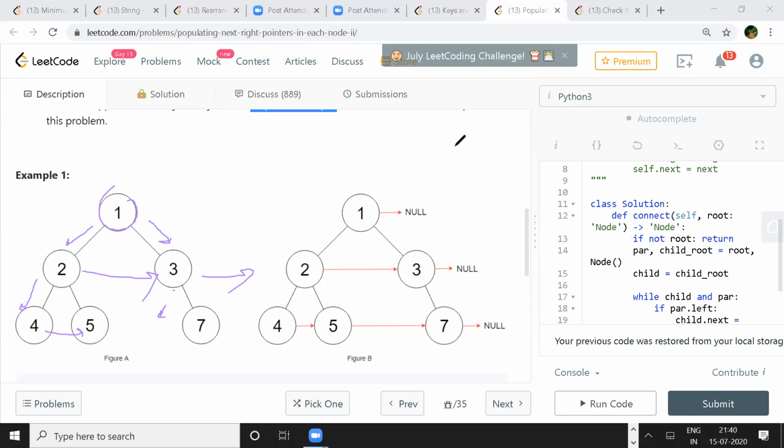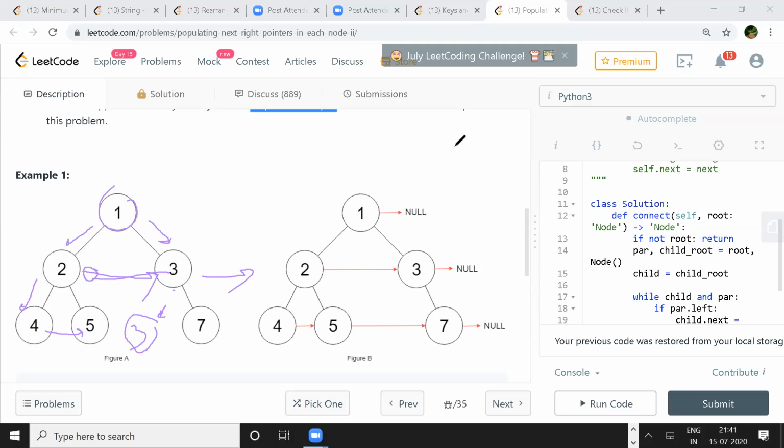So we need some mechanism to store a pointer about the root node, and then keep on checking if we have a next for this node. If we have a next for this node at this level, because we are just one level down, in level number 3 we can check if we have any next.